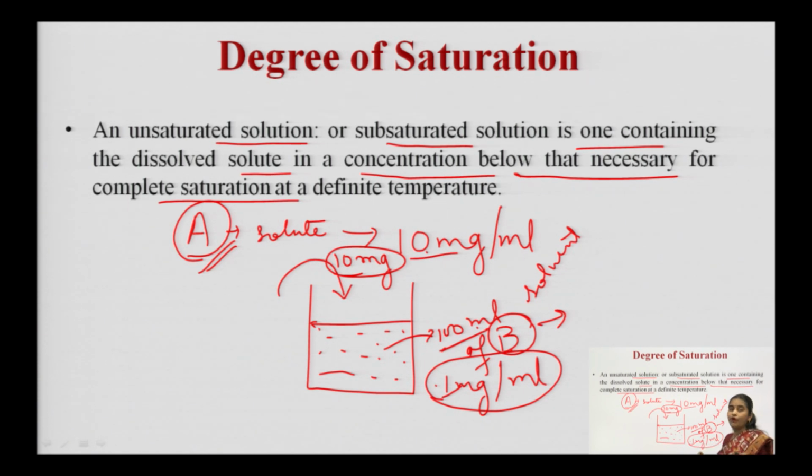Yes, whenever we perform experiments related to solubility, whenever we have to find out the degree of saturation and solubility, we have to mention the temperature. So, it would be more perfect if I mention 10 mg per ml at 25 degree Celsius, because solubility is affected by change in temperature. It may either increase with the change in temperature, it may decrease, or it may remain unaffected. We will study these factors when we study the factors affecting solubility in our next lectures.